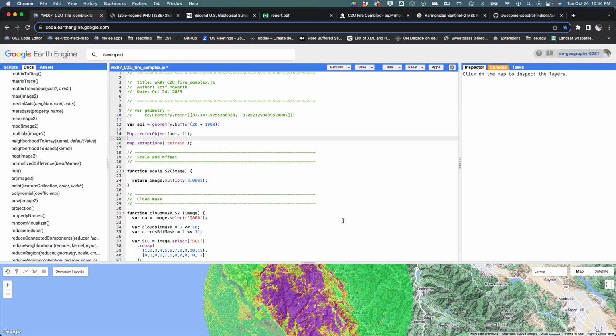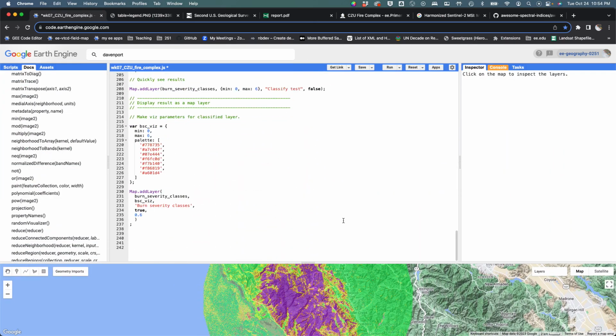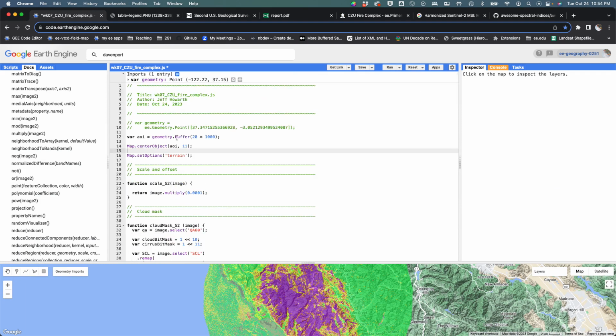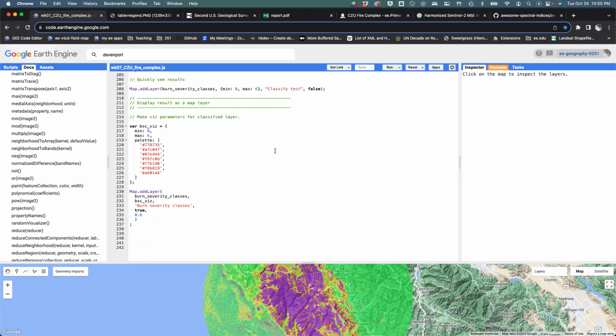So that should be that step. And I'm going to save. And the reason why I put it all the way, yeah, I usually set the base map right after I center. And I think it's good practice. So I've saved that and I'm going to keep